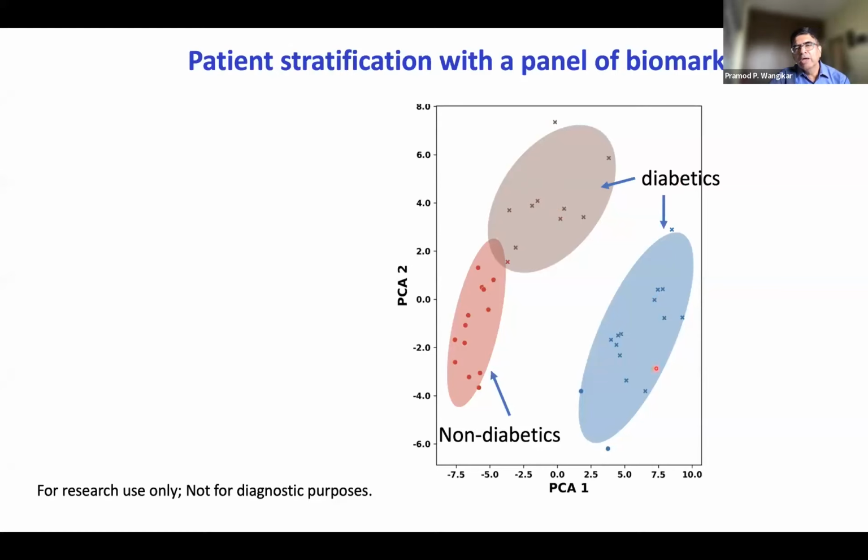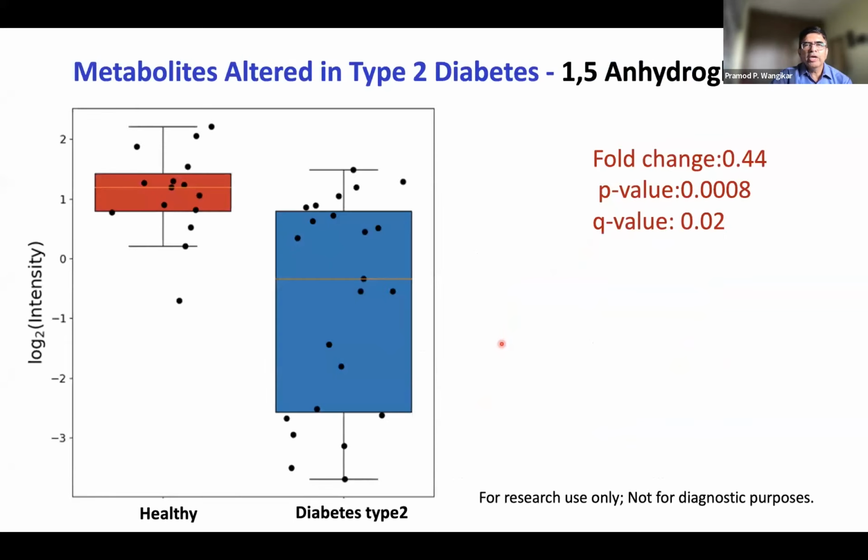And the other study we have done where the diabetic kidney disorder cohort was there. So this group is actually moving toward complications. So I can already perform patient stratification using these kinds of metabolites. And I'll show you what are the metabolites that will. So this is a metabolite